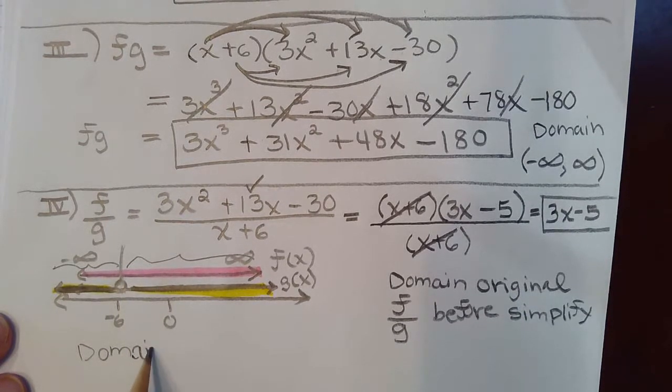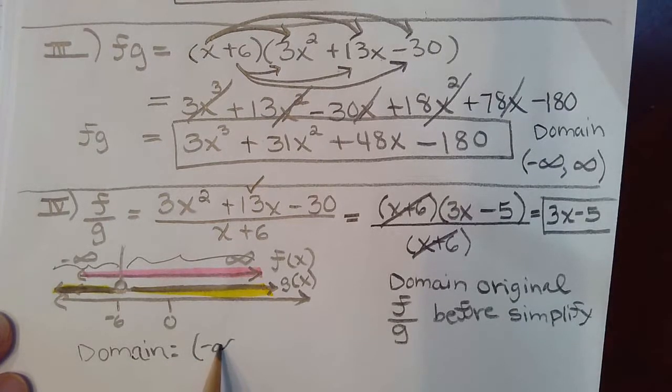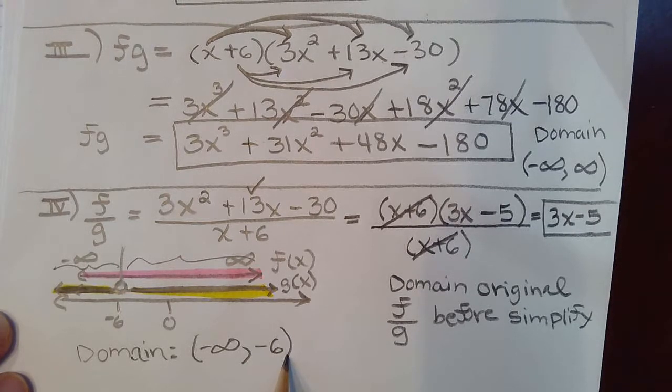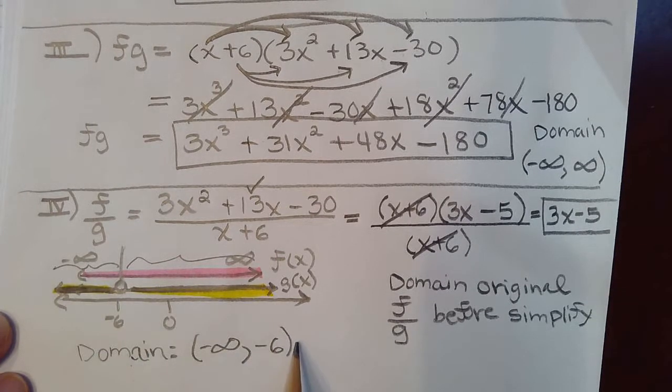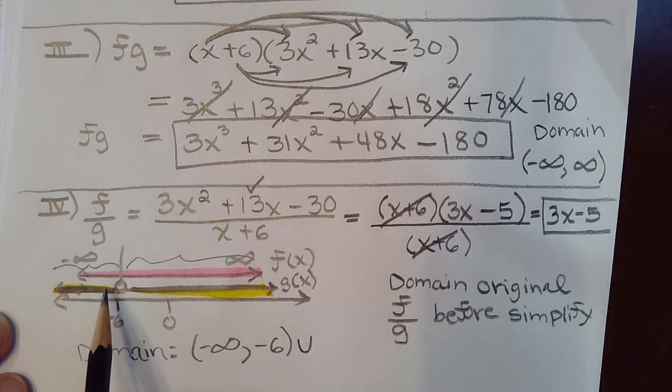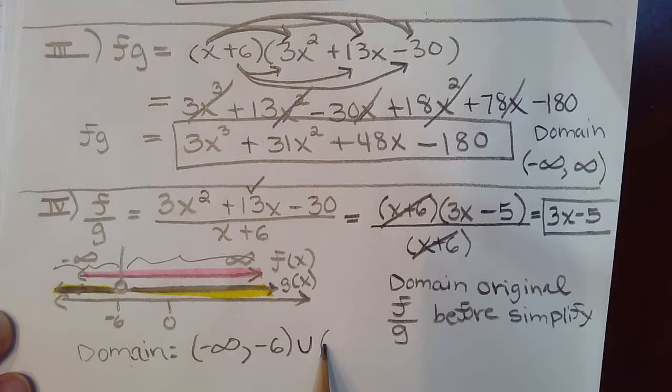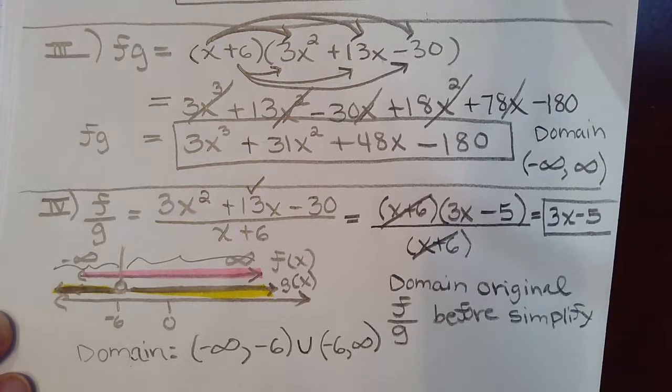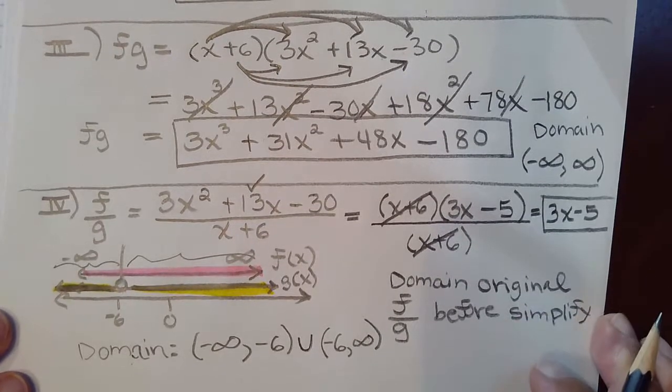The elements that are common on the pink and yellow line, negative infinity, all the way to negative 6. Jump over the negative 6 because they do not have that in common. We jump over a number that is not included using the union symbol, which means or. So anything from negative infinity to negative 6 is part of the domain, or anything from negative 6 to positive infinity. And that is your domain for the combined